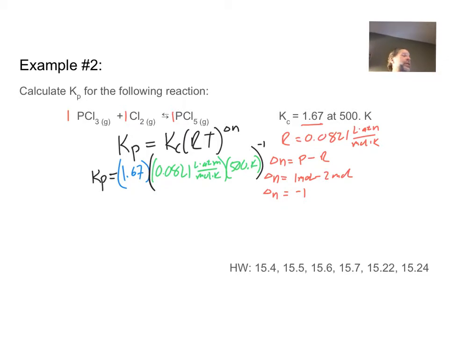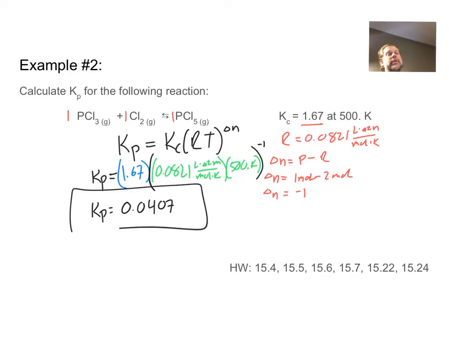When we plug this in a calculator, we have to make sure that we take care of the 0.0821 times 500, raise it to the -1, and then multiply it by the 1.67. When you plug that in your calculator, we get a value for Kp of somewhere around 0.0407. We talked about the other day that K doesn't really have a unit, so we're going to leave it as it is. So there's how we convert to Kp from Kc, and I think that you should be able to figure out the rest of those. The answers are going to be 15.4,